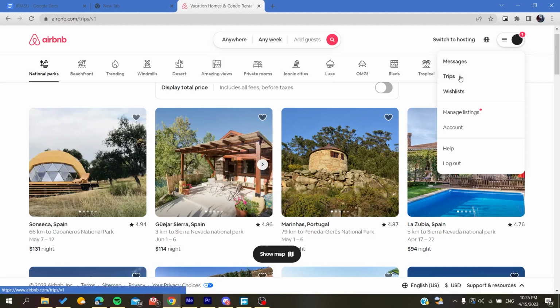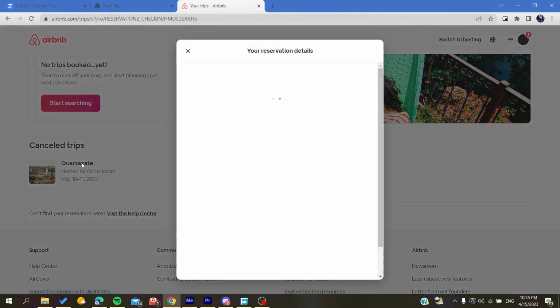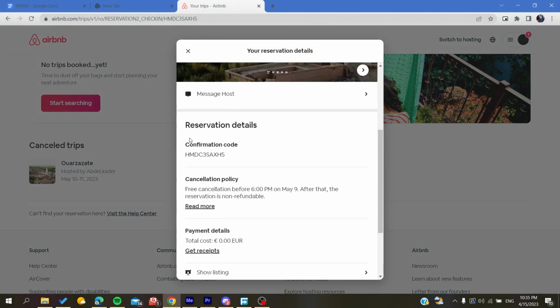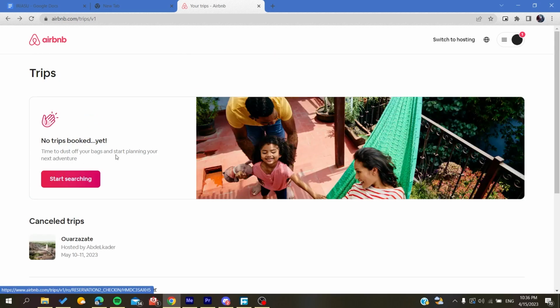So you need to go to trips, and then choose the trip or the reservation that you are searching for. Here in the reservation details, you will find something concerning the check-in and check-out instructions. After that, you will see the method or the instruction that you will need to follow to have the keys to get inside the home. And then you will be able to get inside the apartment or the hosting that you have just reserved on